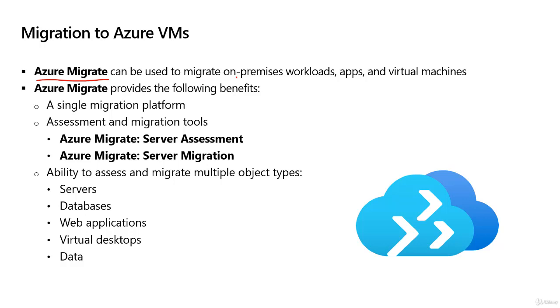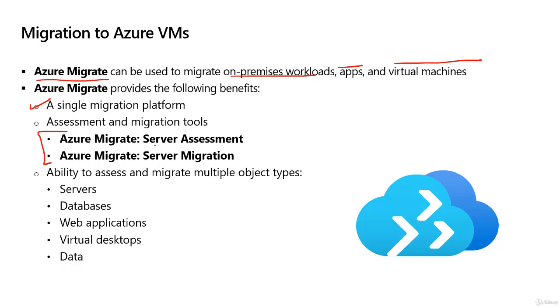You could use Azure Migrate to migrate your on-premise workloads. Now, we could use this with applications, virtual machines, databases, those types of things. You could use this one tool and it can migrate all this different types of content up to Azure. Pretty straightforward tool to use. The benefits of this, single migration platform using a single tool. Now, the main components of this,